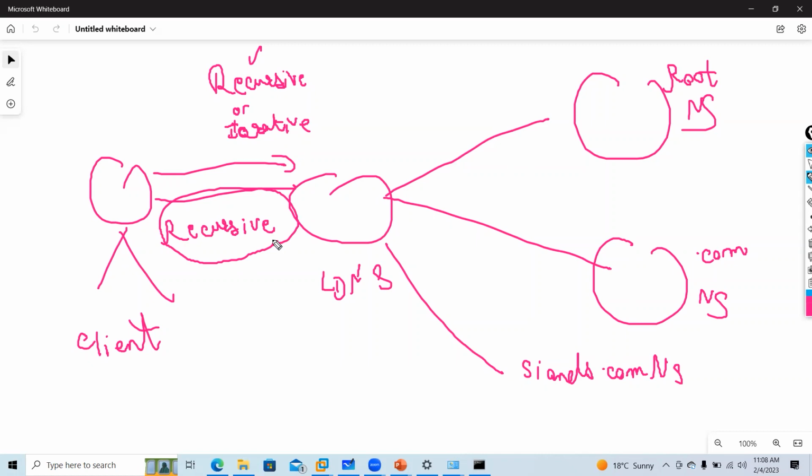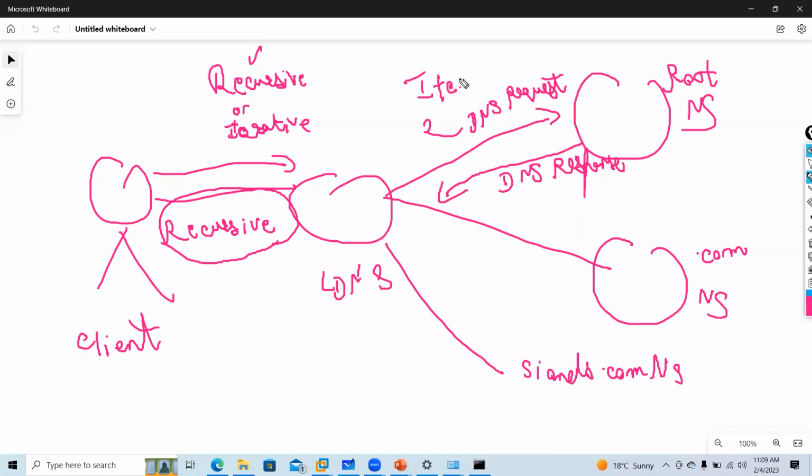If LDNS does not know the answer, guys, it will send another query to the root name server. So this is the request, and this is the response. What is this query? This is called iterative. Here also, this is iterative.